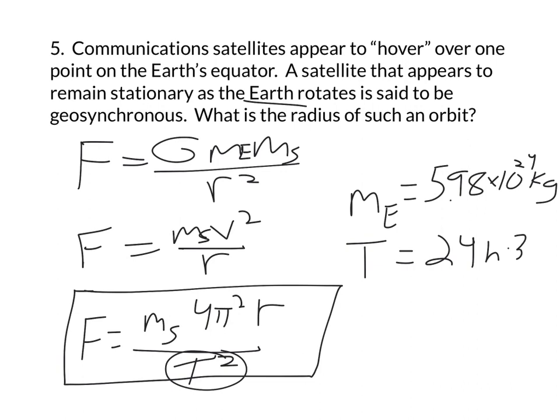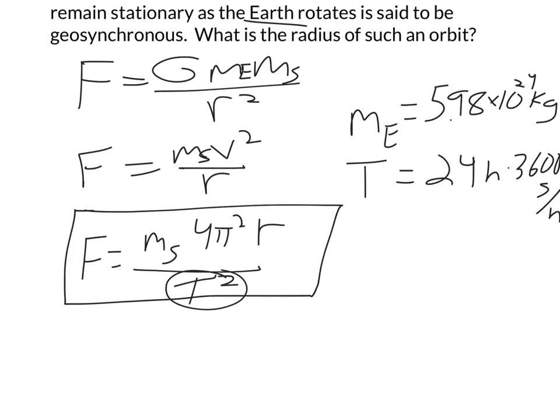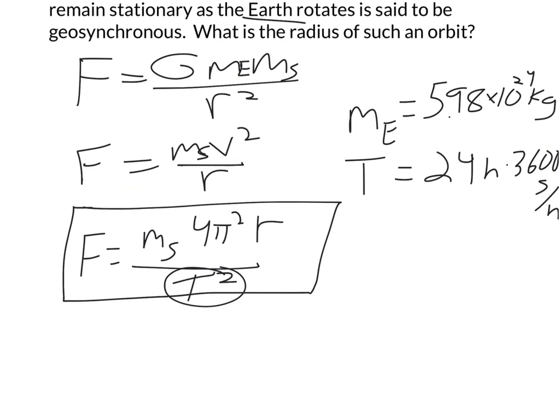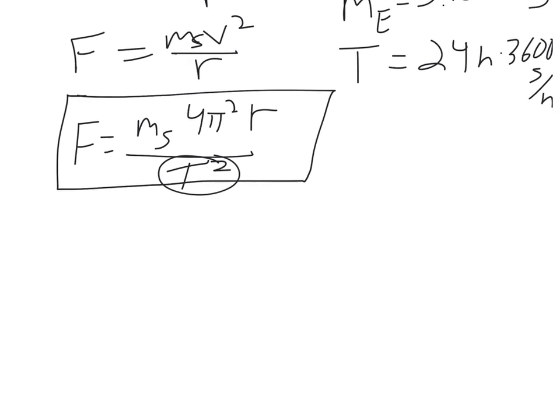Times 3,600 seconds per hour. All right, let's see what we can do with all those. First, I'm going to try and set those two things equal to each other, the gravitational force and the centripetal force. So I can do G, mass of Earth, mass of satellite, over that radius,